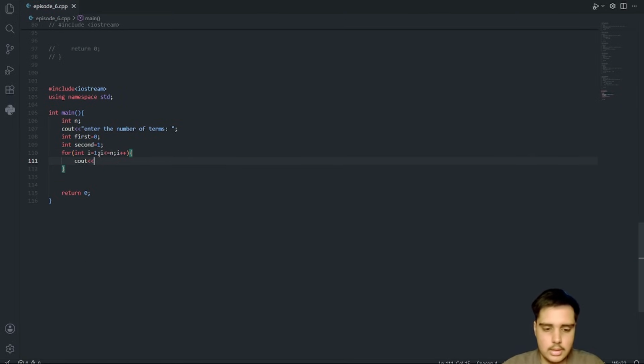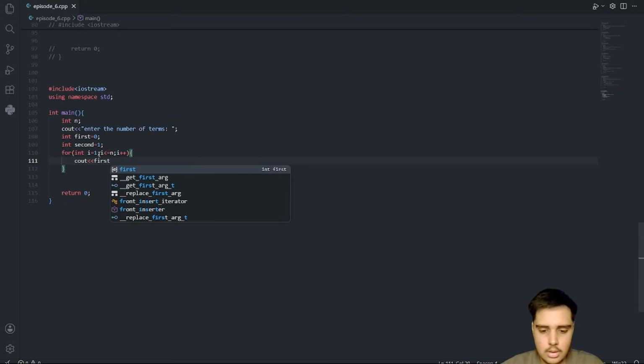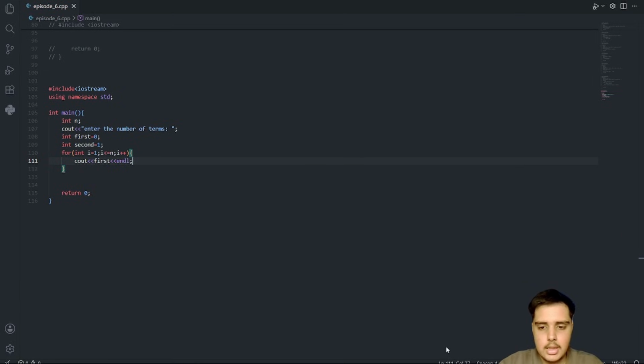We will say cout the value of first, and I prefer endl here, but endl should not be included. Instead I can take this here. That's a better and preferred way. So I believe I have done this correctly.